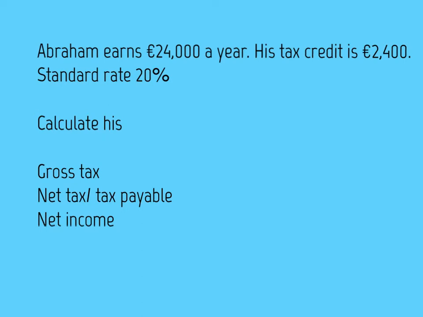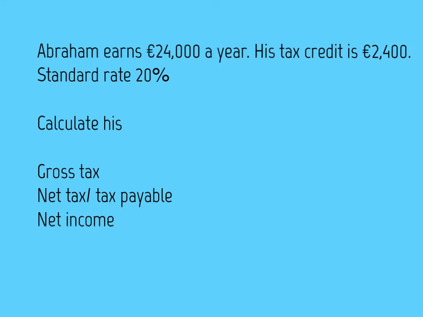Abraham earns 24,000 a year. His tax credit is 2,400. His standard rate of tax is 20%. So at the minute we don't have an SRC, I just want to get you used to some of the language here. So first of all, if we want to find his gross tax, what we need to do is